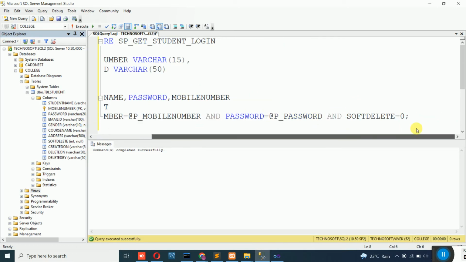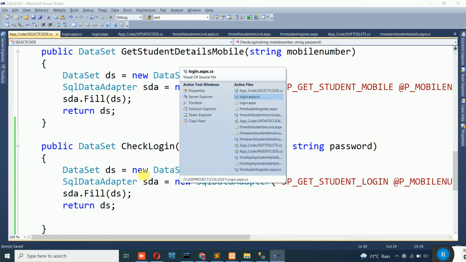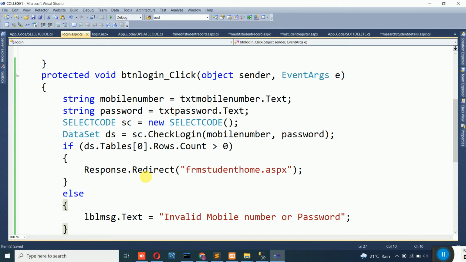Now after this, when the data set is returned, here also we have written if the count is 0, then we are telling him go to studenthome.aspx, otherwise display a message to the user saying invalid mobile number or password. Let us create one new page, that is